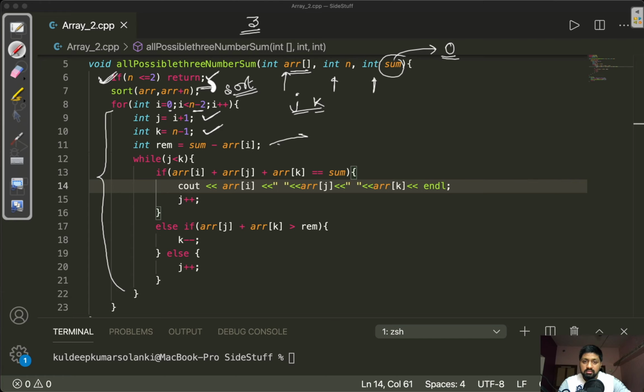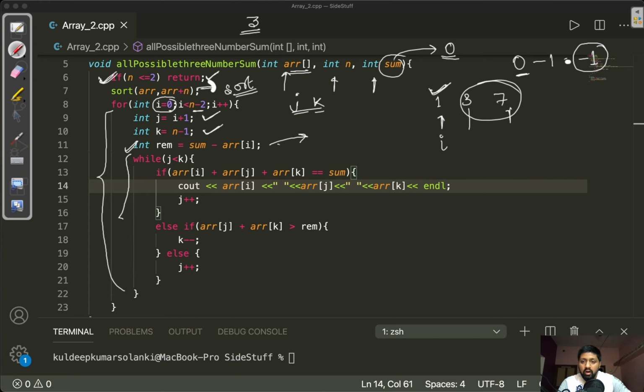And this is the possible remainder which we require after the first element is taken as the ith element. Okay, so if we have 1 3 7 and if we initialize I here, so this is already fixed. So if we want sum of 0, then the required sum we need is -1 now using these two numbers. Okay, so this is that case, the remainder.